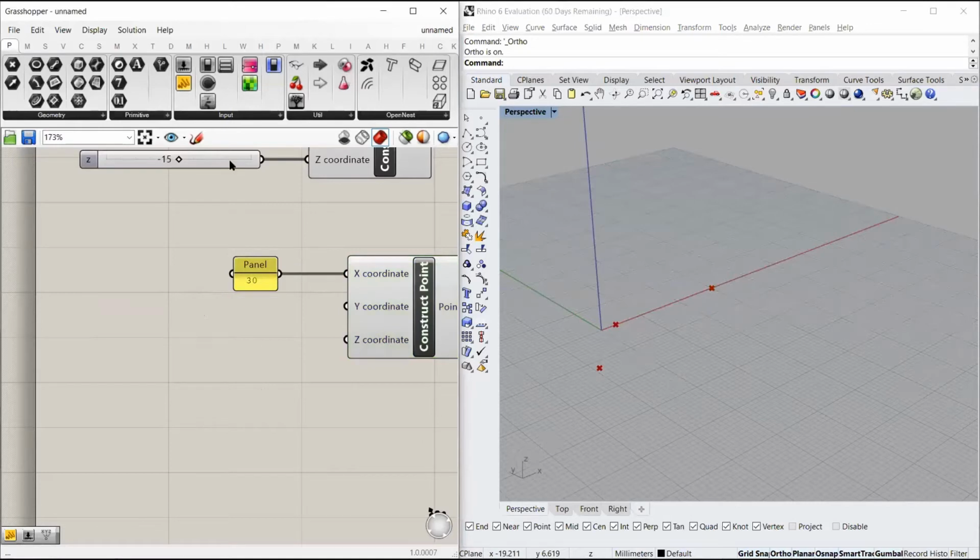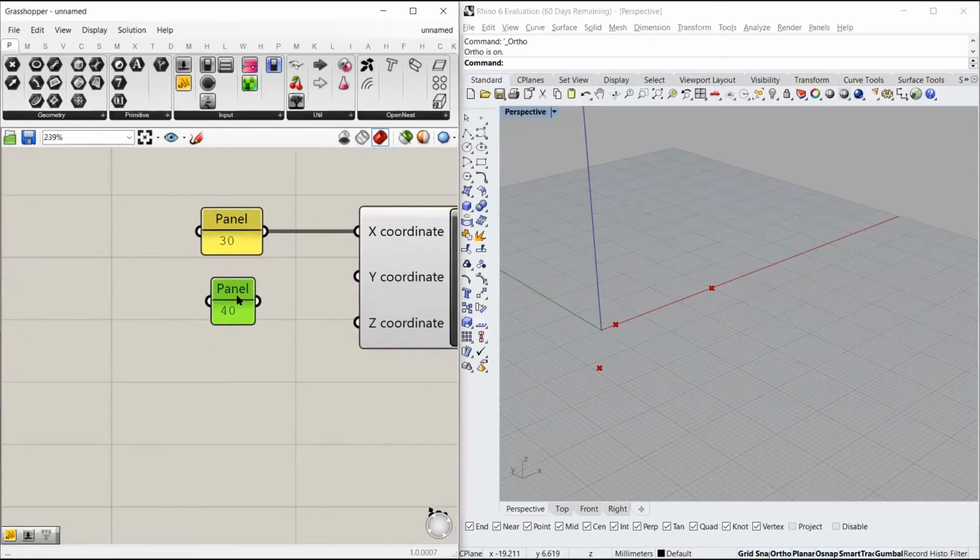Now to create a panel directly without selecting it from the toolbar, we can open the command box and use a quotation mark. As soon as we type a quotation mark, it means anything that we type after the quotation mark will go into the panel. So suppose I write 40 and press enter. It created a panel which contains a numeric value of 40, and we input this in the y coordinate.